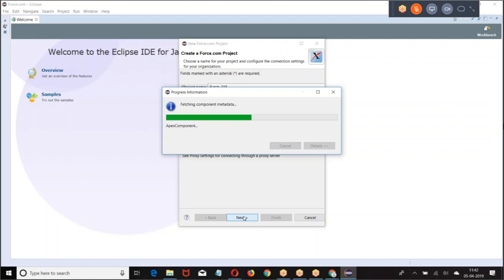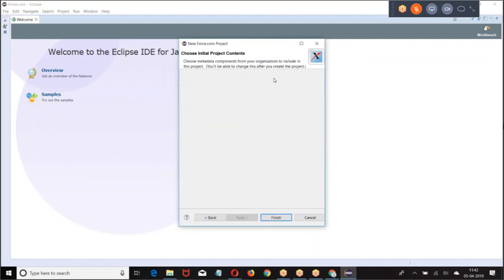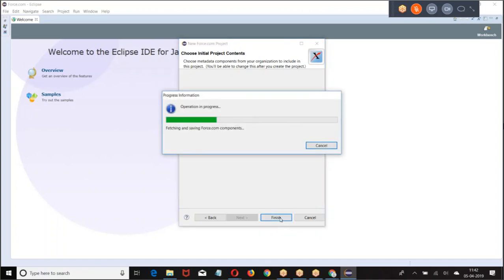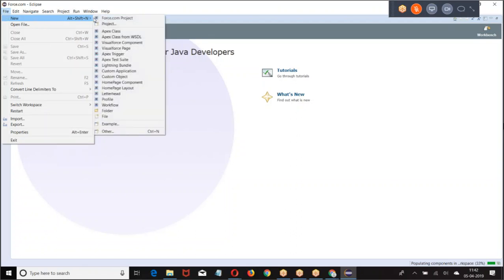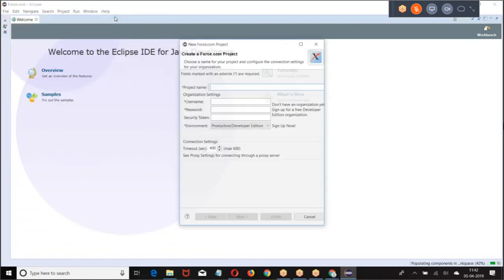Then whatever I have in the 318 account, I am fetching them. So what I'm doing: File, New, Force.com Project, enter the username, password, click on Next, Finish.